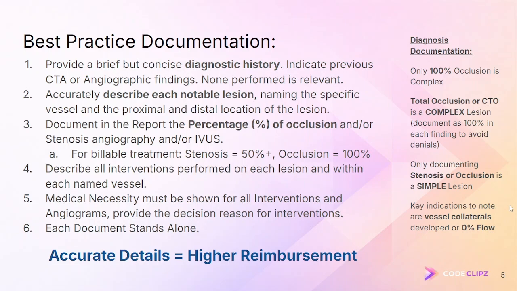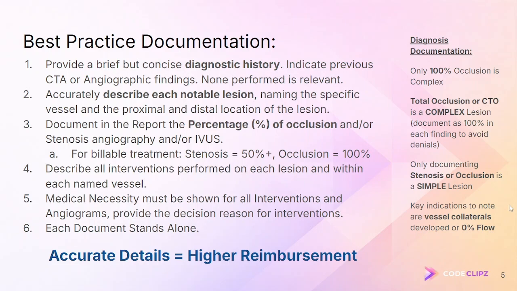You also want to accurately describe each lesion. Name the specific vessel, name where the proximal part of it is and where the distal location of the lesion is, and this can drastically affect coding. You also want to report the percentage of occlusion or stenosis. This is a really good habit just to get in general. Naming that stenosis and its percentage helps us determine the